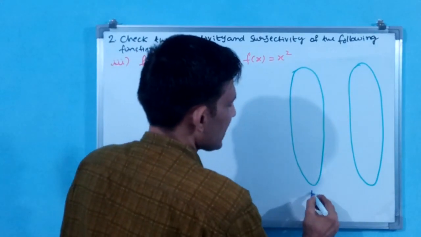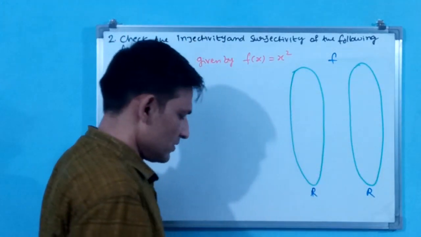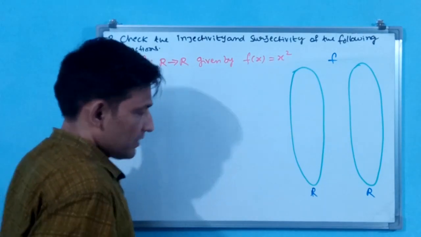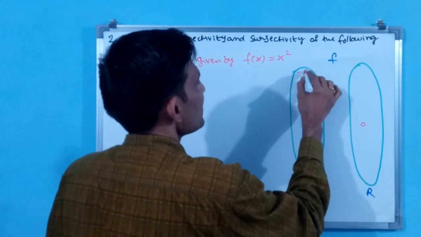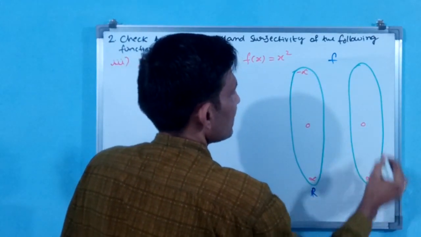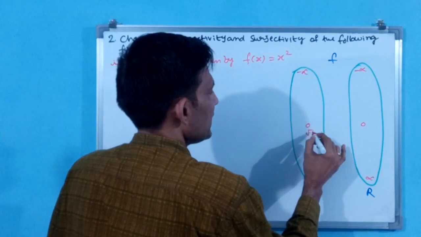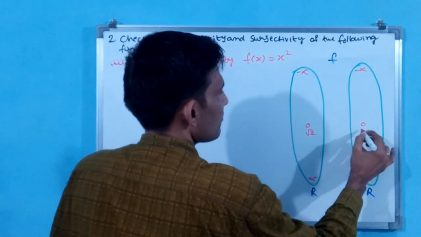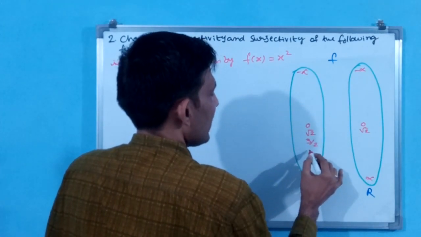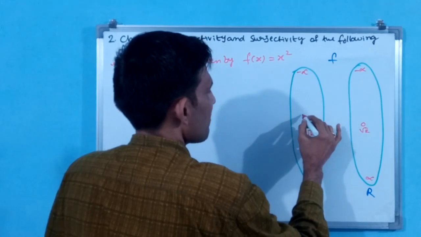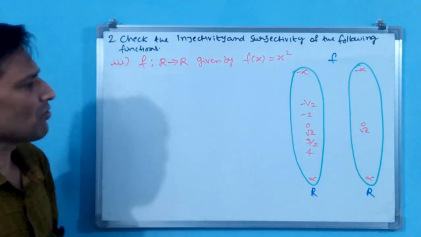Okay. Now both are real numbers only. Real numbers. Okay. And a function between these two, domain and codomain. Now I can say here, see 0 also will be there in between. Minus infinity to plus infinity, and say positive side root 2 also will be there, irrational number. Here also minus root 2 will be there, rational numbers will be there, say 3 by 2, and 4 will be there. Okay, minus 2 will be there, even minus 1 by 2 also will be there. Like that, numbers will be there. Rational numbers means all will come.